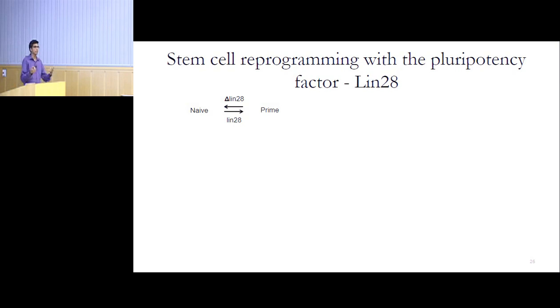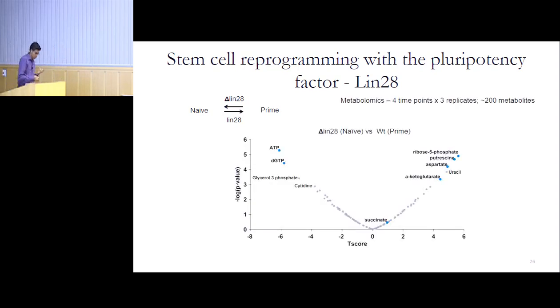And if you take induced pluripotent stem cells and knock off this gene Lin28, then they're supposed to be frozen in a more naive-like state. So it's sort of like engineering the cells to be more naive-like. So we wanted to test this, where we chose 2 different conditions: we compared cells with intact Lin28, which can progress to the prime state, and those in which Lin28 was knocked off, so they're more in a naive-like state.